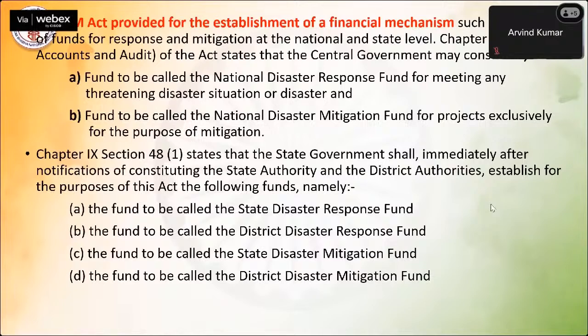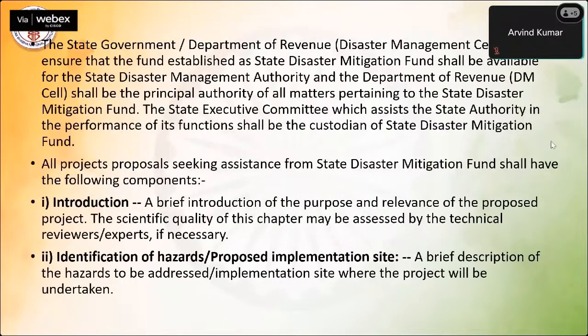Chapter 11, Section 41 of the DM Act states that the state government shall, immediately after notification constituting the state authority and district authorities, establish for the purpose of this act, that means the Disaster Management Act 2005, funds to be called the State Disaster Response Fund and District Disaster Response Fund, and the same for mitigation. Okay, now this is the requirement of the DM Act. The state government